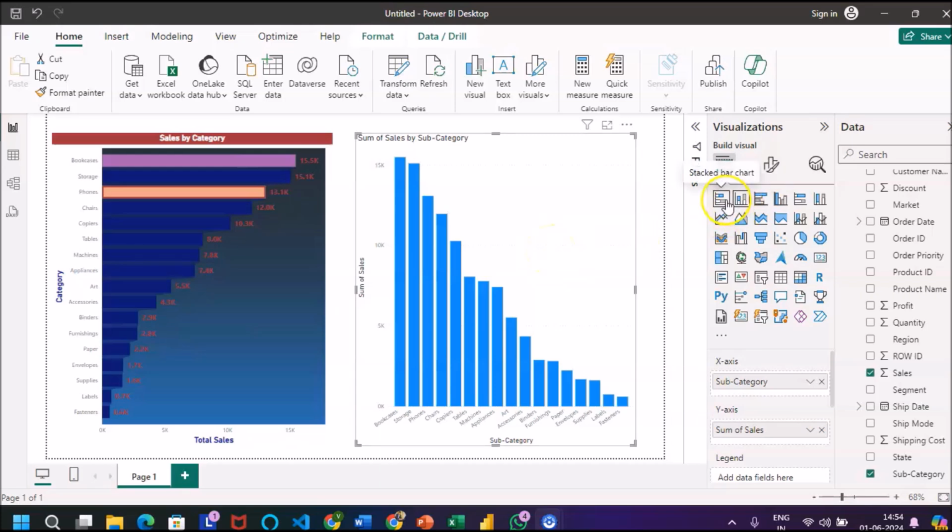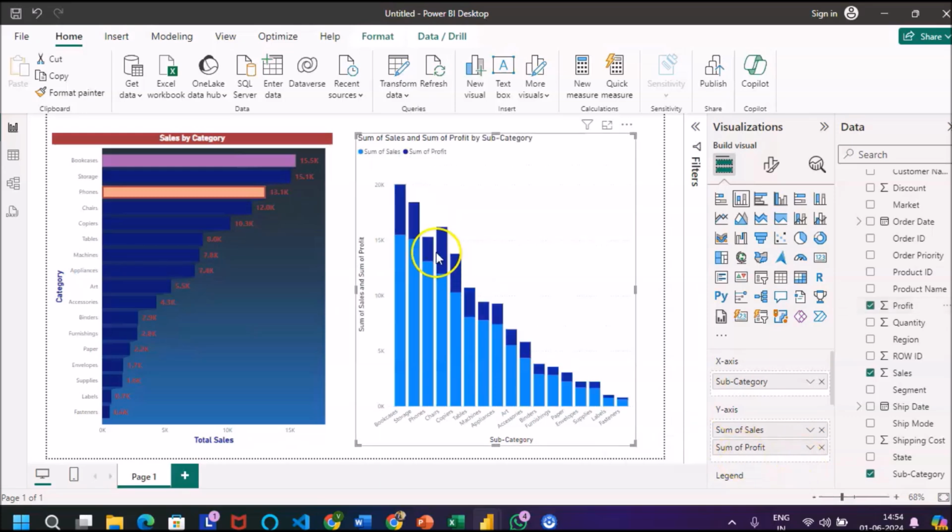Here we can see a name stacked is added here in both of the charts. So stacked means we can add some more data on top of this bar chart or this bar. That we can do, like we can add other data like this profit we can add here. So you can see here this is stacked here. We can do other data as well, like shipping cost we can add here, and it will be in a